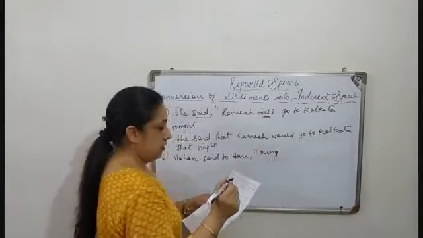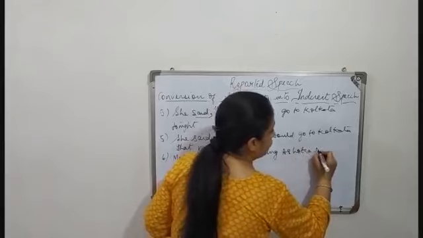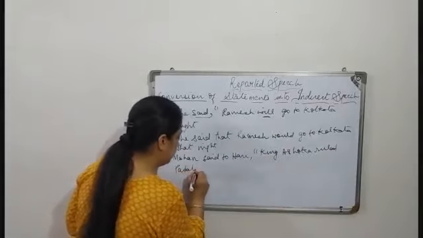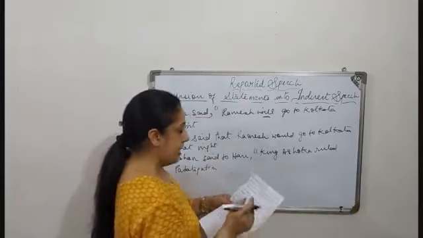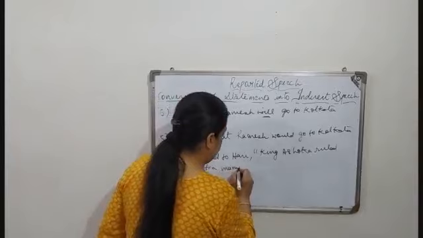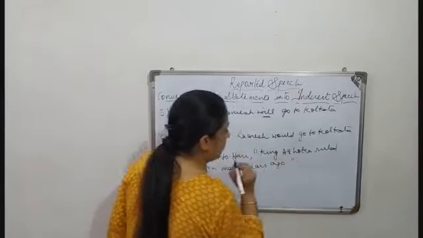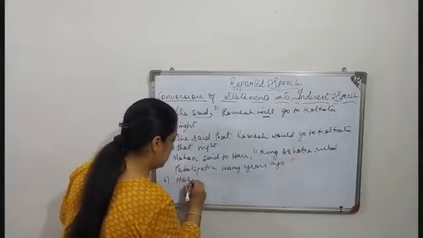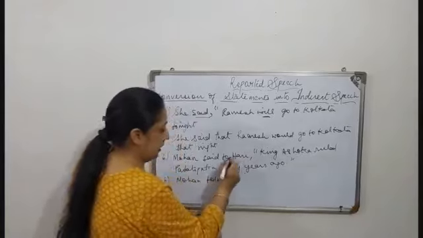King Ashoka ruled Patliputra many years ago. Alright? Many years ago, full stop, inverted comma close. So how we are going to change this? Mohan said to becomes told. Told Hari